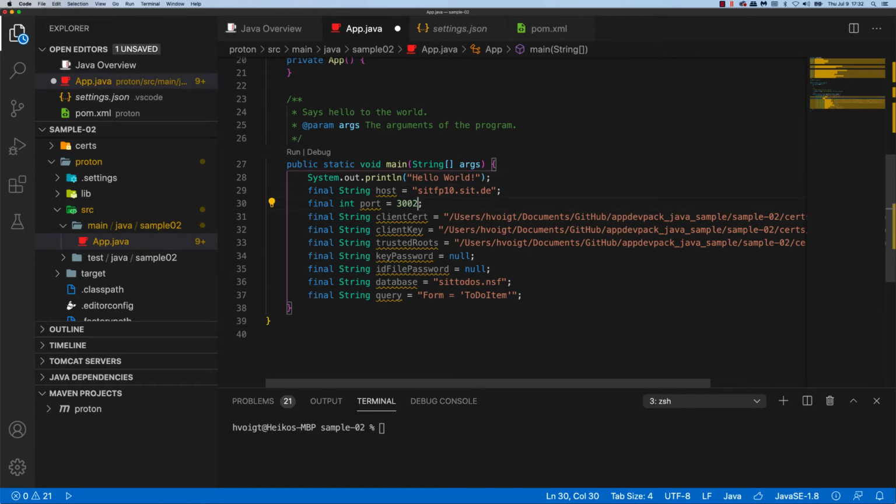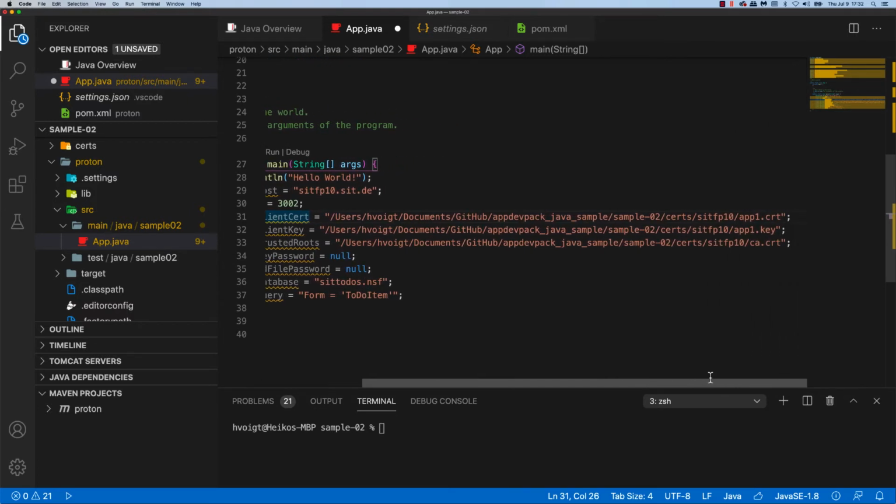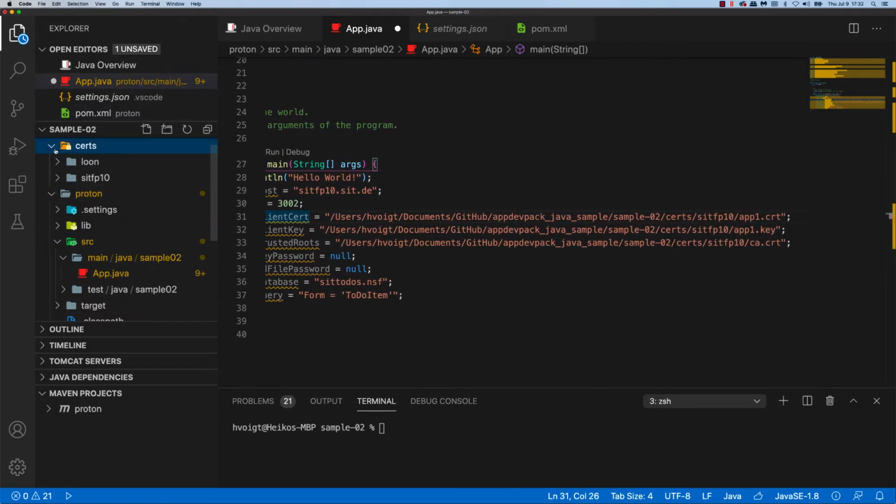Sorry. We then have a port that we want to talk to, and then we have the client certificates that we need. So these are our application certificates, and I have them, and you see them right here in a subfolder inside of the project. I have my certificates stored here inside of the project, so I can reference them here. This is the full path on my local development machine, so bear with me for the length of it, but this is the certificate and the key for the user, and this is the CA